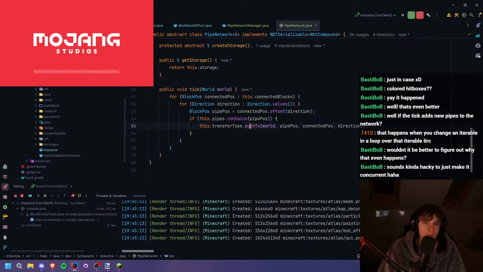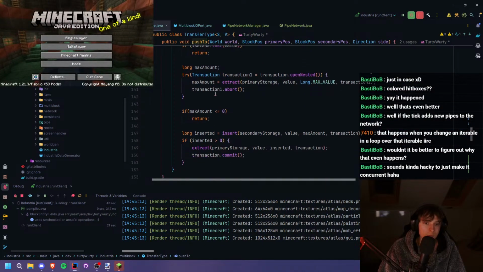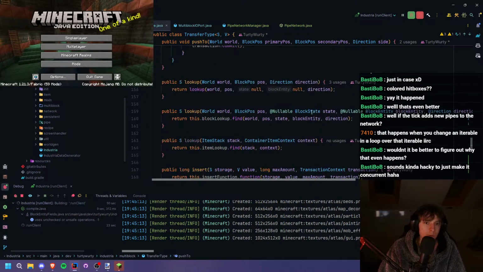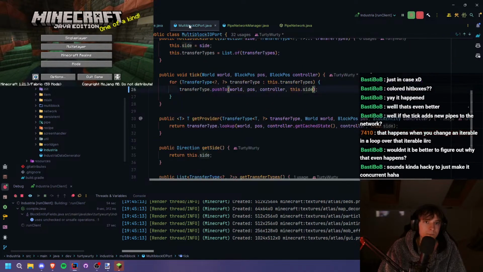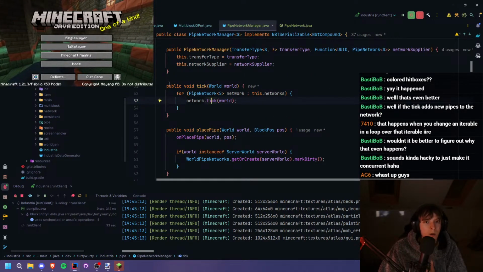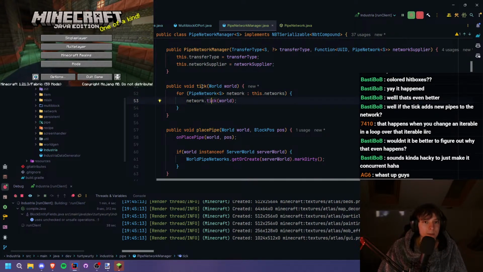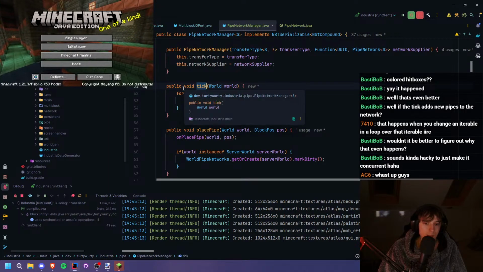If it does, it transfers it in. But this just does lookups and transactions. This doesn't actually modify anything. I don't really know why this would ever cause that. Although, actually, now that I think about it, ticking